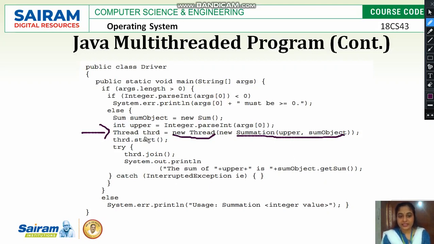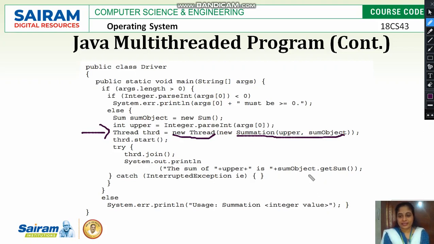Thrd.start will start execution of the new thread which is created. Under try we have thread join, which is used to join the thread to the main function. System.out.println is used to print the variable directly, and sumObject.getSum is the function which is used to print the sum value.